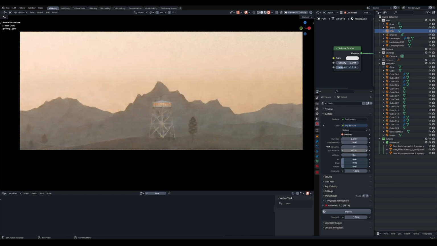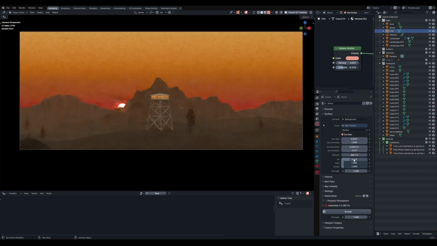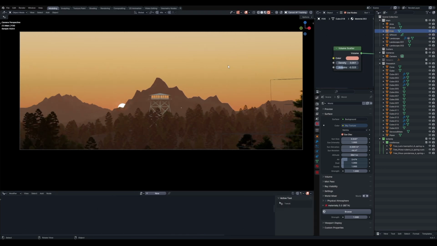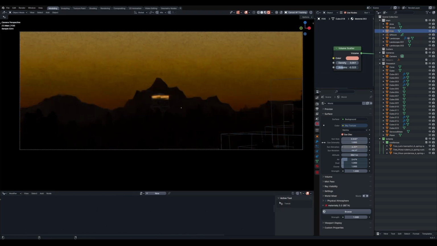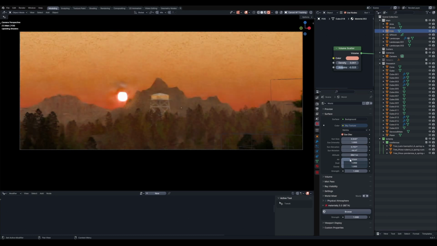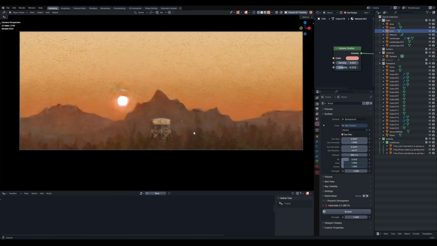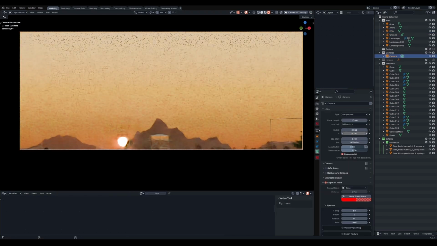And then I am playing with the Nishita Sky right now and trying to place the sun in a position where it's similar to the original illustration. I am playing with the height of it and the other values, which are air, ozone and dust, just to get the proper